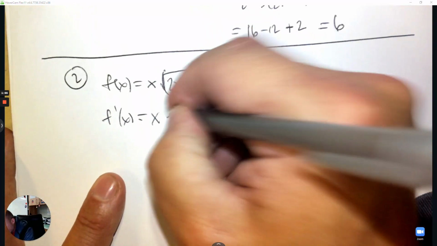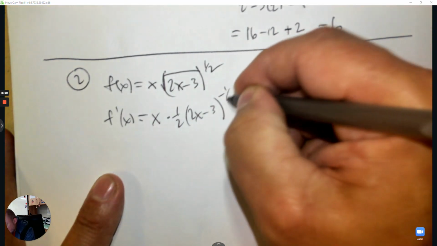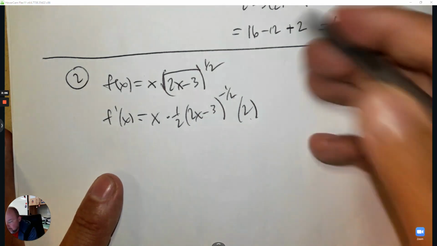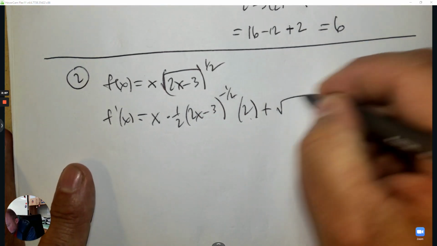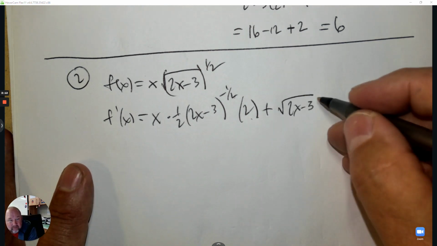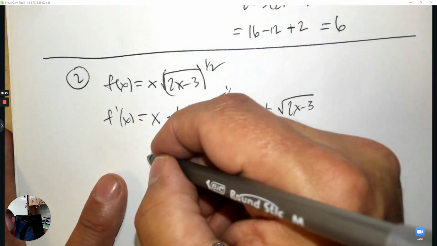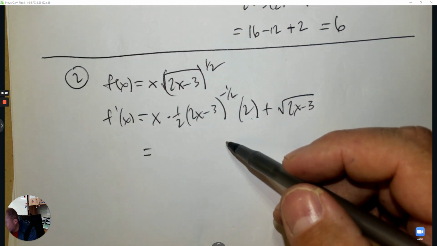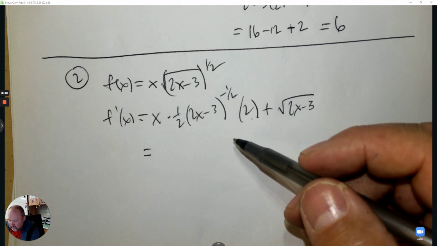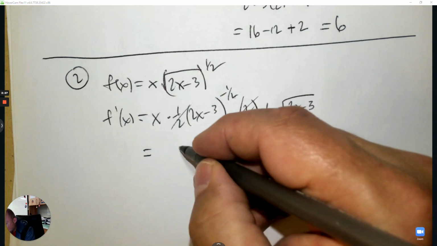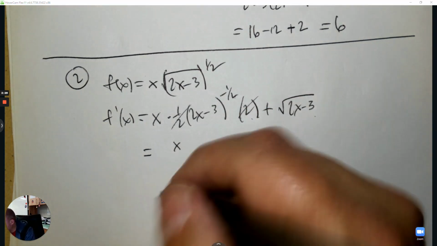The first times the derivative of the second. There's a hook, so make sure we multiply, subtract 1, and there's a hook, plus the second times the derivative of the first, which is 1. So I don't need to go times 1. I'm going to simplify it because there's no answer that matches this yet. So 2 times a half is just 1. So I have x. I have the square root of